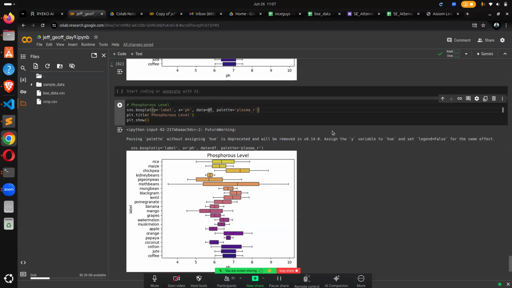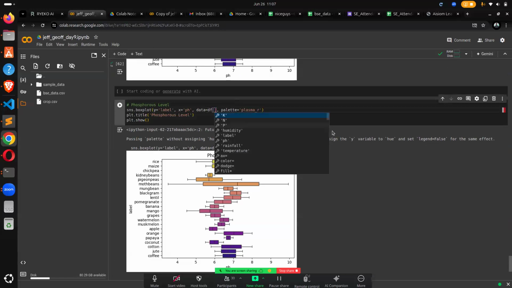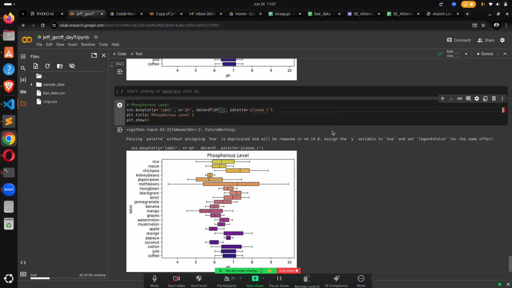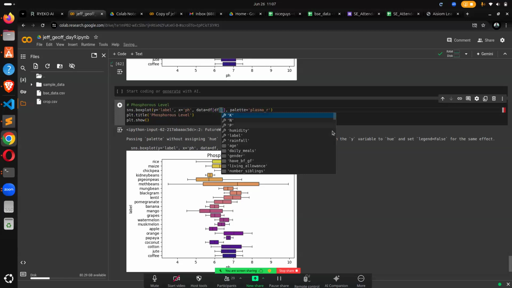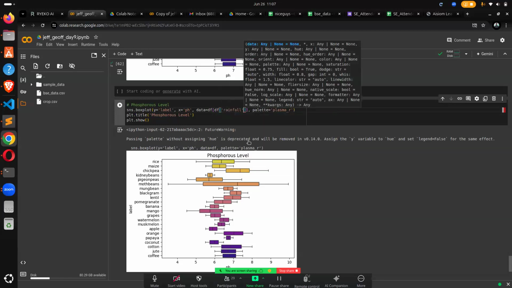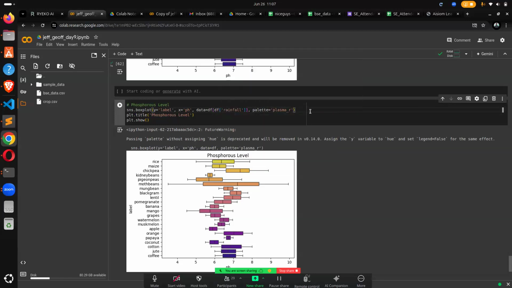So what we could do, we could use a square bracket, and in the square bracket, we could be interested in still the data frame, but of which column? Of rainfall, like that. Now, when I load this,